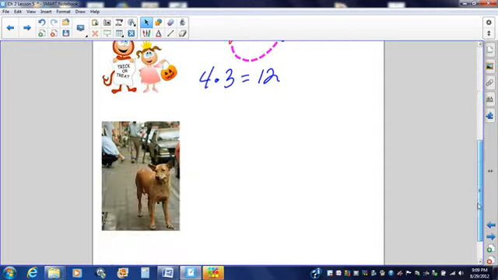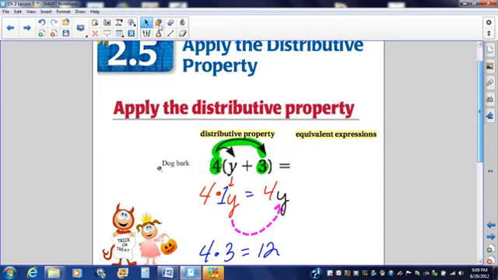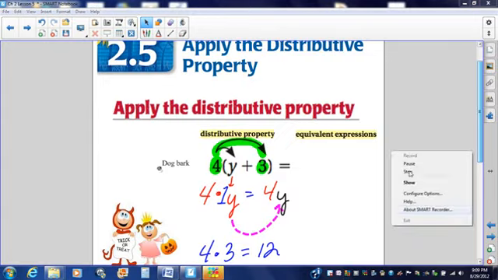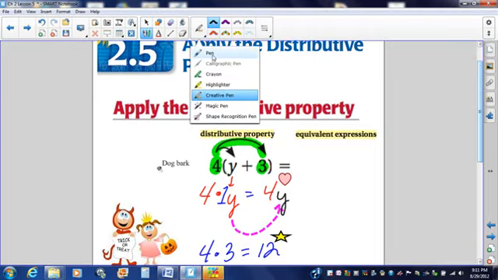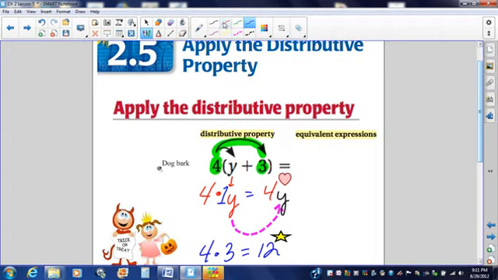Now, the last thing I'm going to realize is that I need a heart and a star. So let's go find some hearts and stars. I'm going to give the 4y a heart, and I'm going to give the 12 a star. Remember that you cannot put hearts and stars together. So my final answer to this problem will simply be